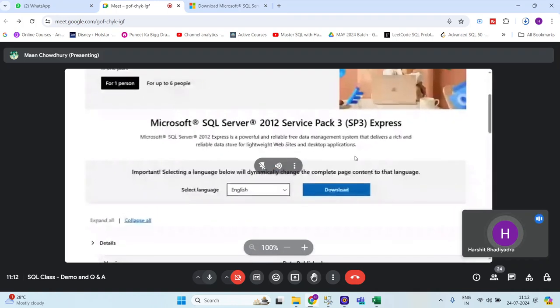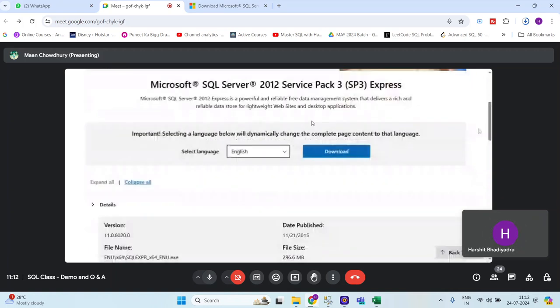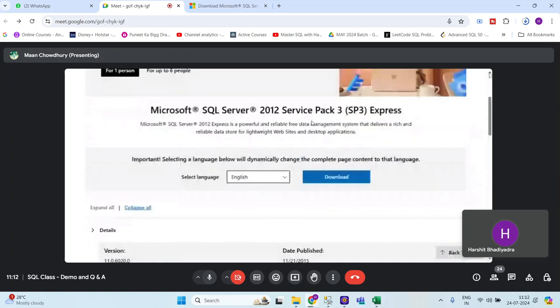Okay, I think someone has shared the screen. Okay, go to the download. If it is taking time, then we will move forward and understand the concepts parallelly. Okay, till it is downloaded, we will